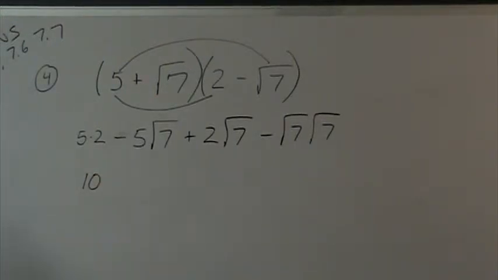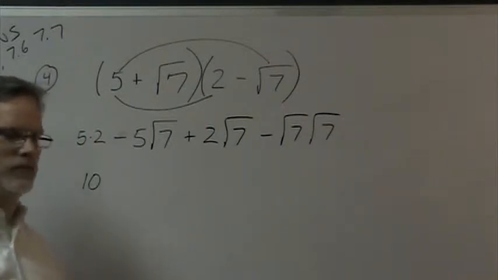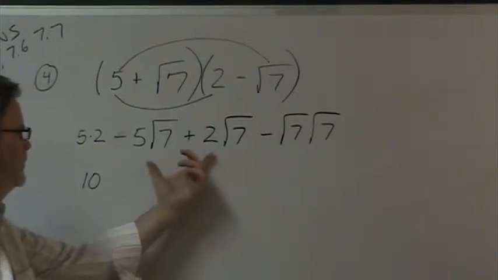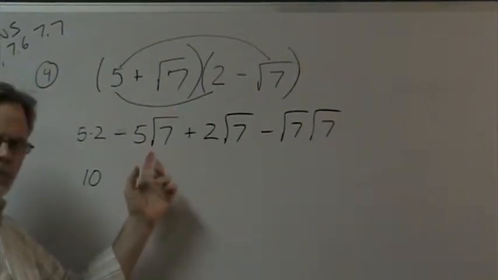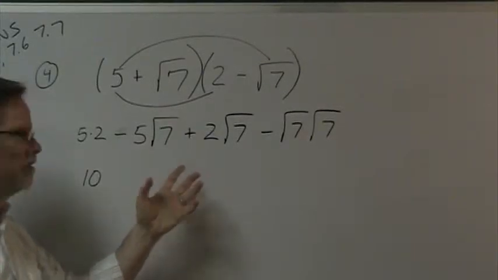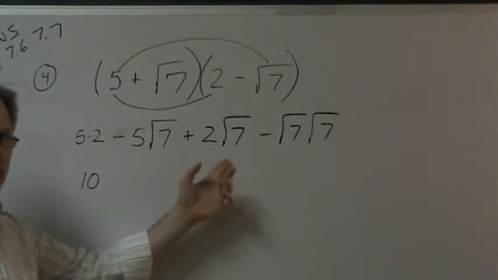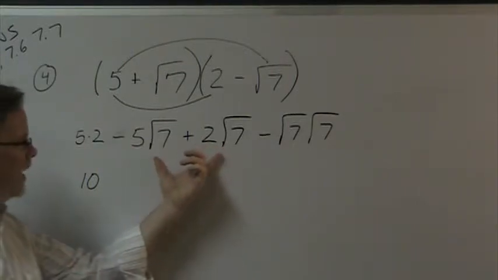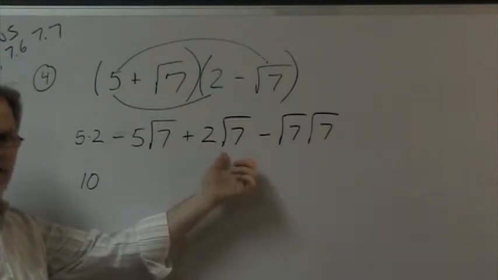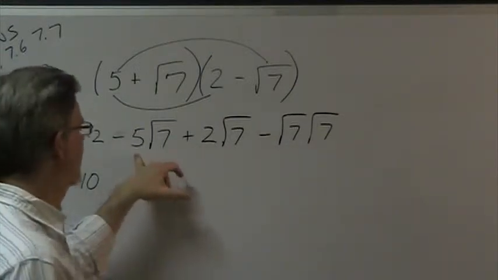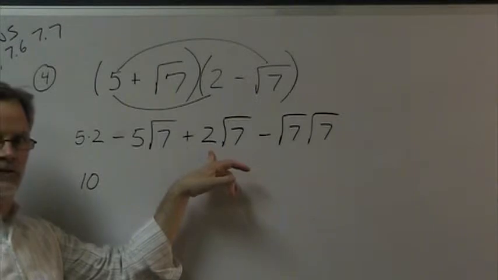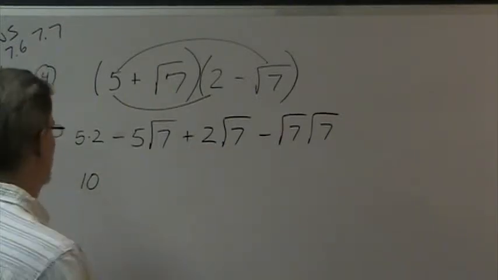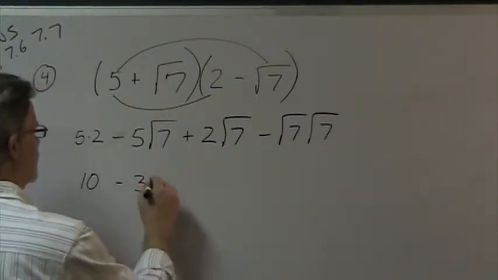Now, another example, which I'm sure you've looked at and worked in your problems already, is when you're adding and subtracting radicals with the same terms, like terms. So you can actually subtract these or add these, combine these, because they have a common term of radical 7. So negative 5 plus 2, hopefully you're good with your negative signs, gives you a negative 3 square root of